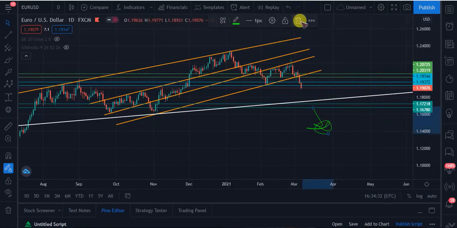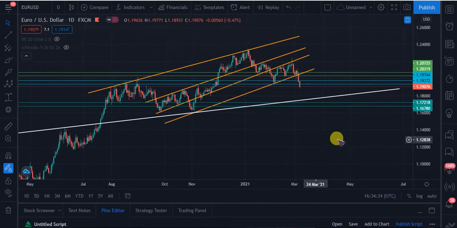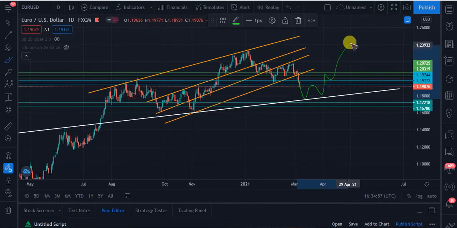What I'm expecting of Euro USD to do this coming week: before the end of this week, it was a sell trade. And look at it, Euro USD started coming down, and I'm expecting it to come to this particular trend line, have a little bounce, and then do a drop to the bottom, then go up and continue like that. That's what I'm expecting of Euro USD to do this coming week.